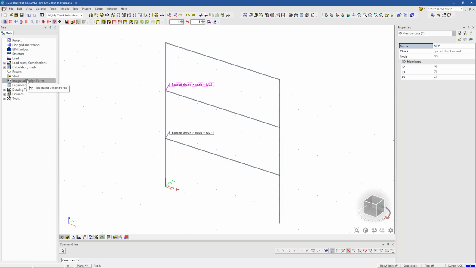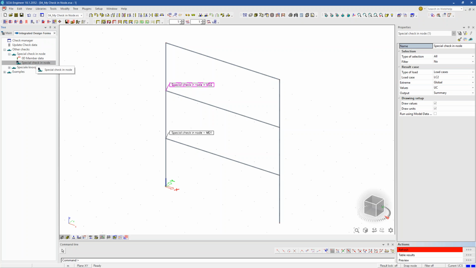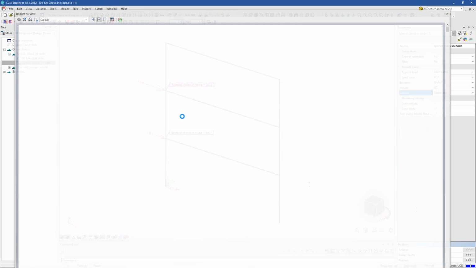Now, again, to do the calculations, we go to the integrated design forms, and I do this special check in a node. So that is the one that I made. And again, we can say calculate. And now you see the unity check. So the value that is shown is the unity check. And we have summary output. So when we look at the preview,